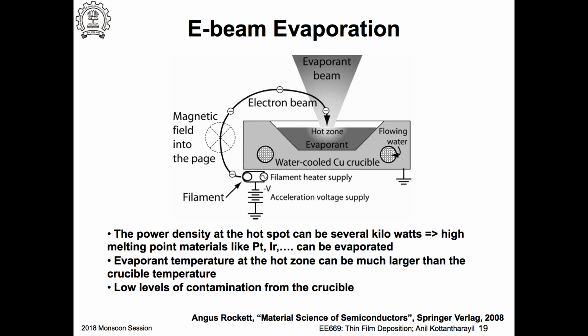Electron beam evaporation is an interesting process, and you're trying to solve some problem. If I have, let's say, a thermal evaporator where you use resistive heating, you have a boat in which you place your material to be deposited, and you want to melt it. So let us say I have a graphite boat, then I am placing aluminum or gold in it. What will happen? The graphite has to heat up,